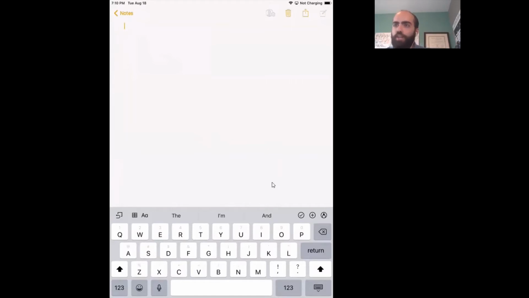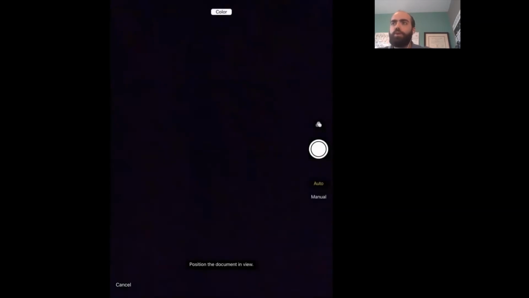If you see on the top of the chat, there's this plus sign right here. You're going to want to tap that plus sign. That's going to open up a menu that should look something like this, and you're going to go to scan documents. The first thing that we want to do is use Notes to scan the document